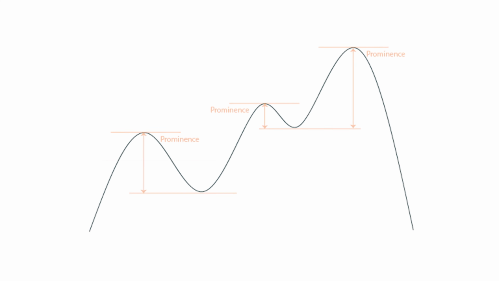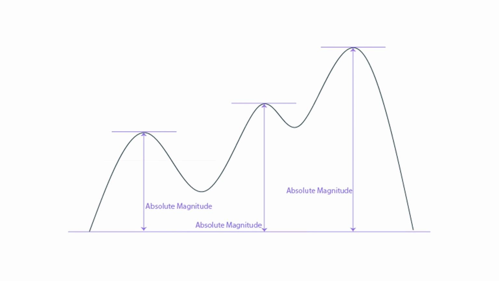In a topographic context, prominence describes the elevation of a summit relative to its surrounding terrain. This differs from its overall elevation, which measures the height of the summit above sea level. Our research determined that the prominence of a peak in the waveform, calculated by comparing the magnitude of a peak relative to the surrounding minimums, reflects the impulsiveness of the distortion artifact more accurately than the absolute magnitude of the peaks. So in this algorithm, we calculate the prominence of each event in the time envelope, which results in a